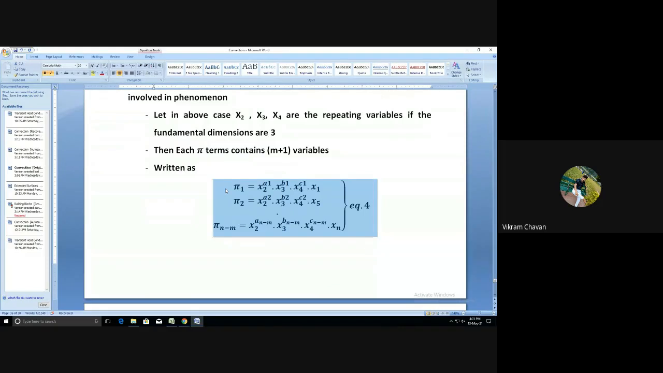How many pi terms we can write depends on the value you get for n minus m from that particular physical phenomenon. So the final pi term, pi suffix n minus m, will be equal to x2 raised to a suffix n minus m, multiply by x3 raised to b suffix n minus m, multiply by x4 raised to c suffix n minus m, multiply by x suffix n. So give the complete equation as equation number 4,